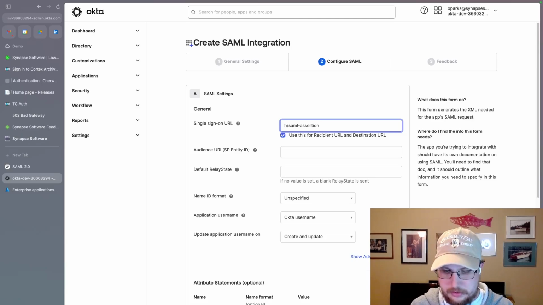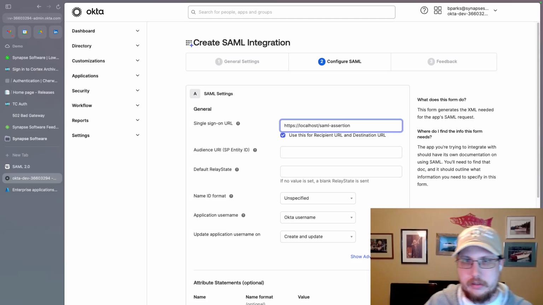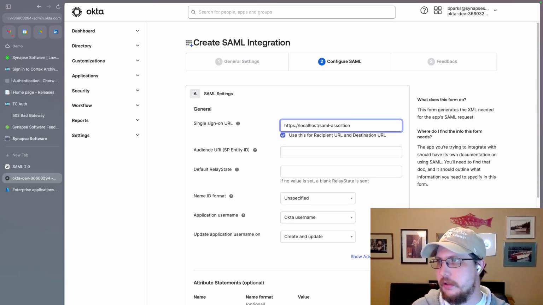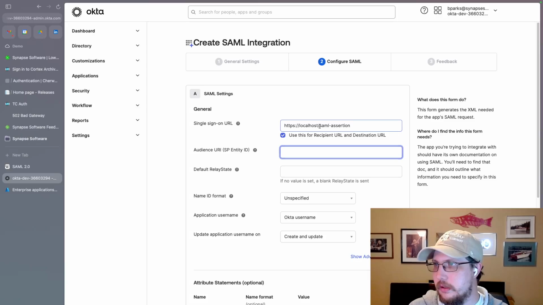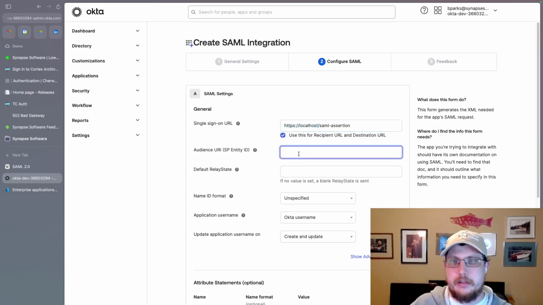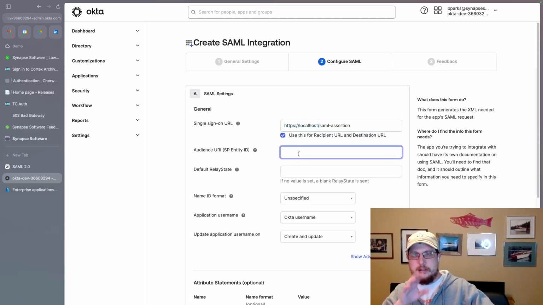So I'm just going to set this up. I'm going to pretend that I'm running this on my local machine on the standard HTTPS port of 443. So we'll just do HTTPS://localhost/SAML assertion. Now this next URL, the audience URI, is, remember how I mentioned that in that initial